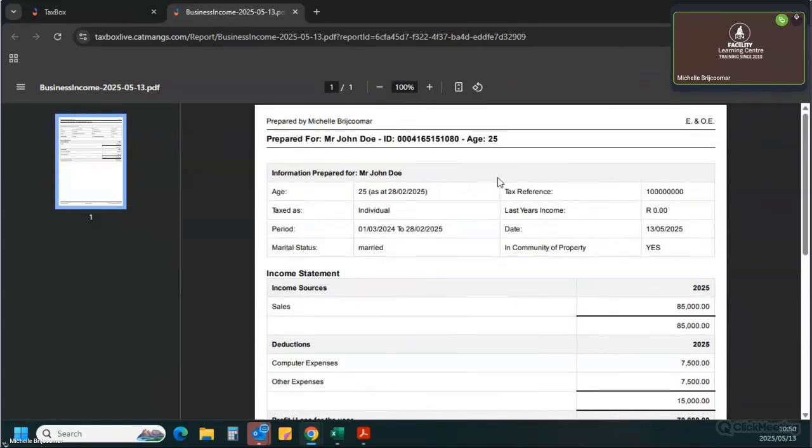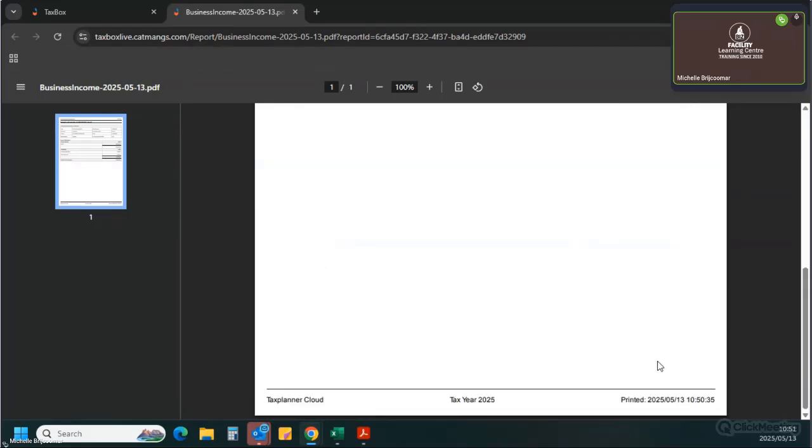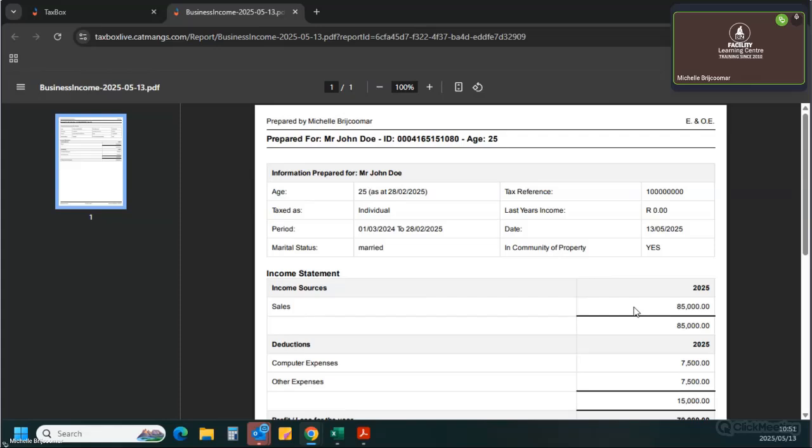Here is our income statement for our business financial data that we have entered. All right. Again, it gives you the information of the taxpayer, and it gives you the income statement to the business. So we know that we had recorded 85,000 in consulting income. So there we go. I'm happy with that. We knew we had computer expenses and other expenses, which were cell phone expenses, amounting to 15,000 Rand in total. And there you have it with the profit recorded at the end of it of 70,000. So that's nice, simple, easy to read